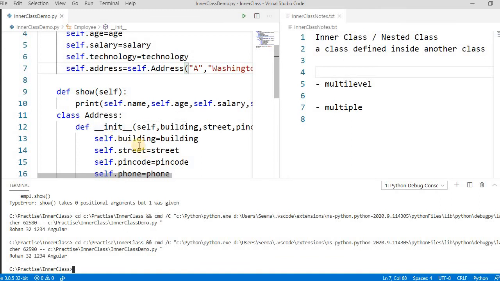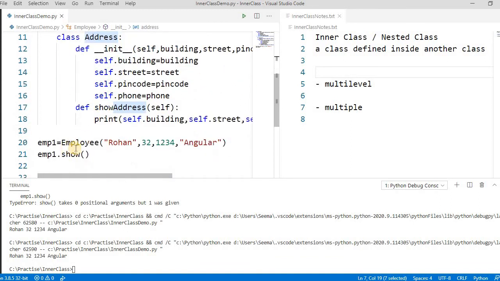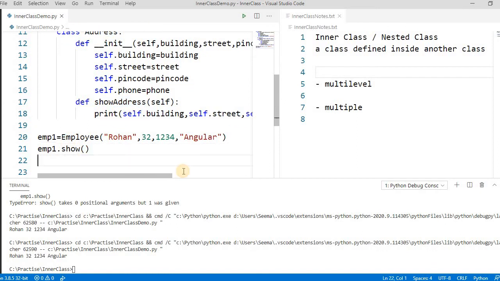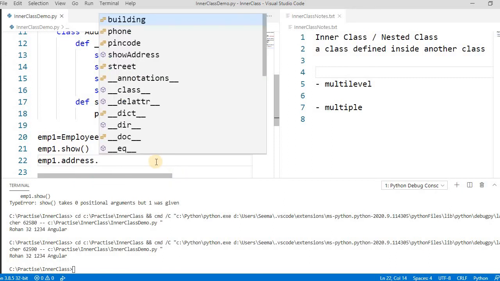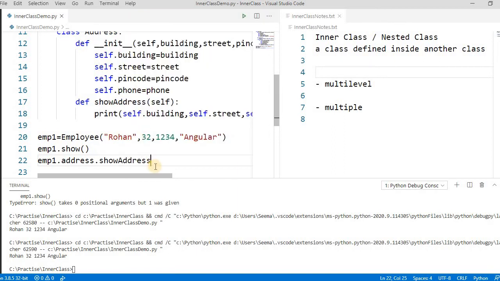So suppose you want to get the details of this address. How can we get this? There are two ways to get here. Either we write something like employee1 and then address. Address contains the object of this, and you can get all the details, like all the variables like building, phone, pin code, or their address also. Their methods also are defined inside this. So for accessing this inner class value, we first call the outer class dot inner class, and then you are able to access it based upon their modifiers.